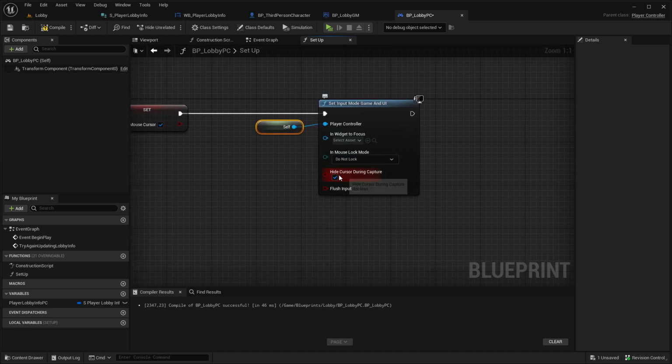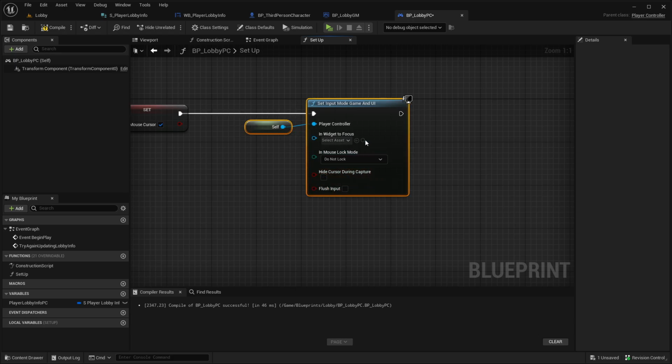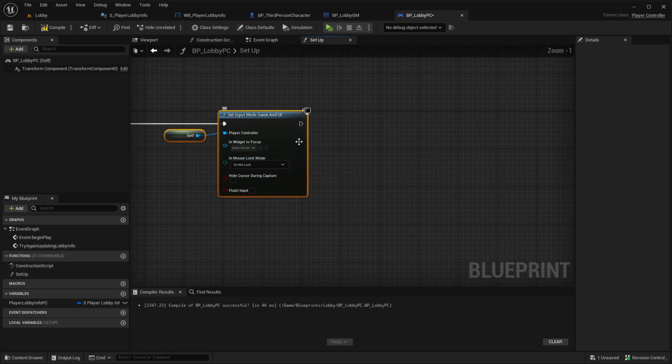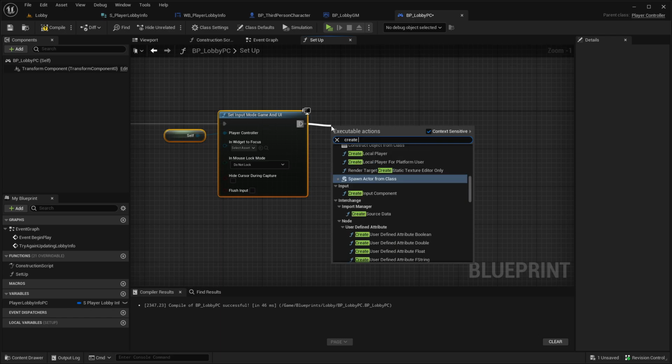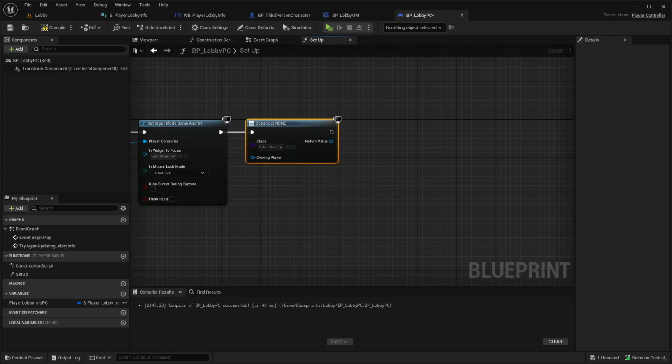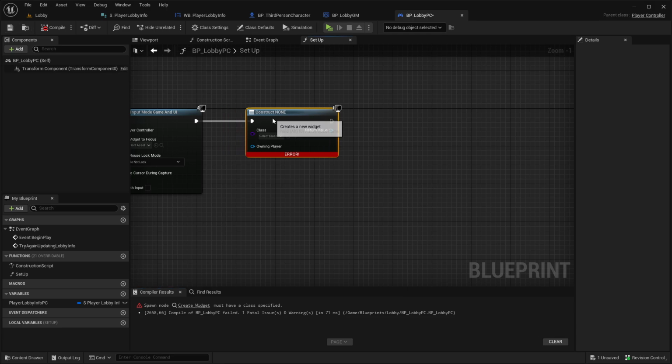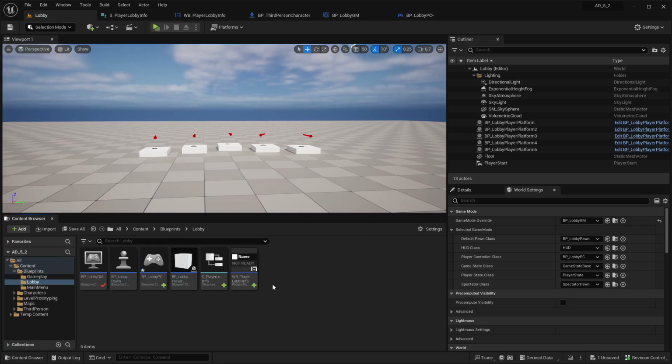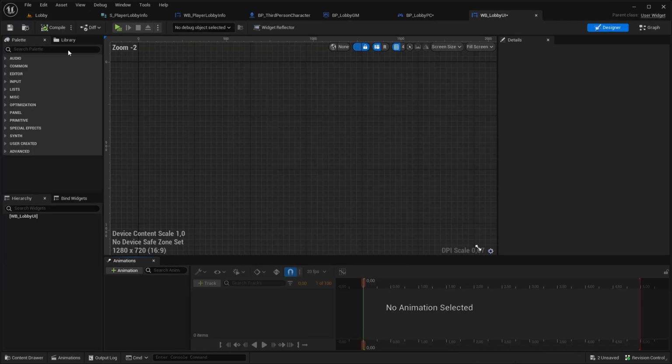For the hide cursor during capture, better disable that. And then I create a widget, and this should be our lobby UI that we can create here now. Creating a new widget, user widget, calling this wb_lobby UI. Opening this here,